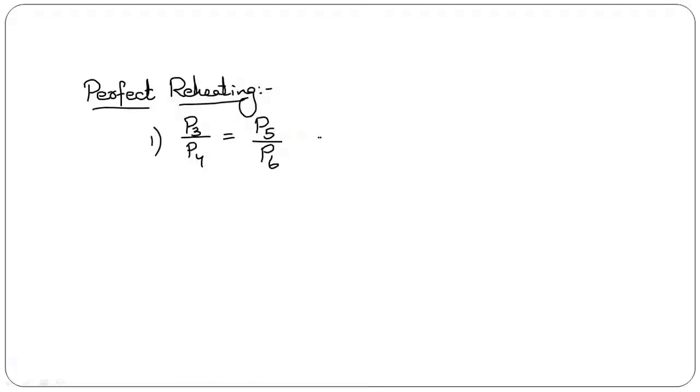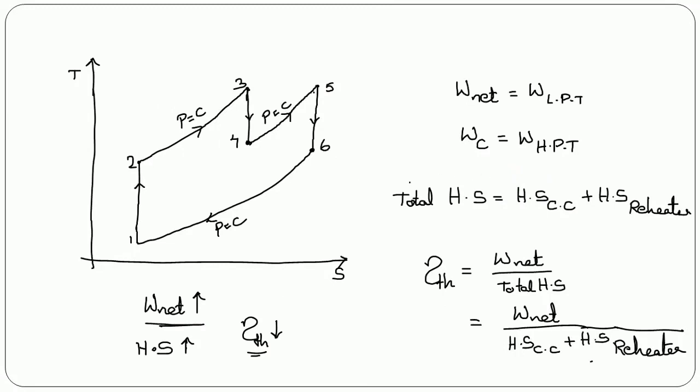So that implies in the reheater, pressure is remaining constant. So P4 is equal to P5. This will be under root of P3 P6 or under root of P1 P2. Why we have written like this, try to understand carefully. P2 is equal to P3 and P6 is equal to P1. The intermediate pressure or the reheater pressure is P4 equal to P5.